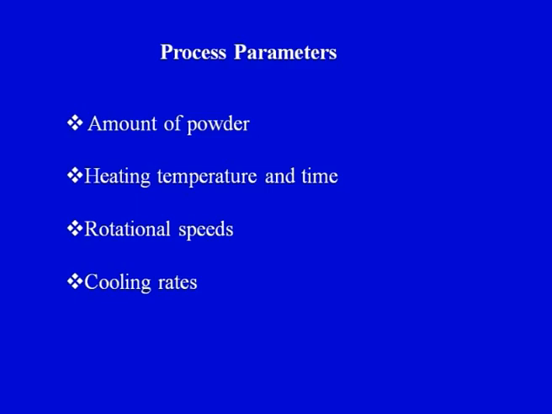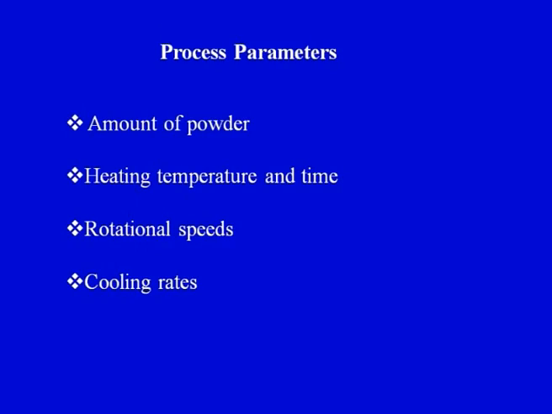Heating temperature and time is also very important. We cannot heat too much, and if we are not able to provide the optimal heat to the raw material, then the fusion between the powder may not take place and we may not get a continuous product. So, an optimal amount of heat has to be provided for the plastic powder to form a complete product. We have to provide a specific temperature, or a specific amount of heat has to be generated, so that the raw material is converted into the final product.